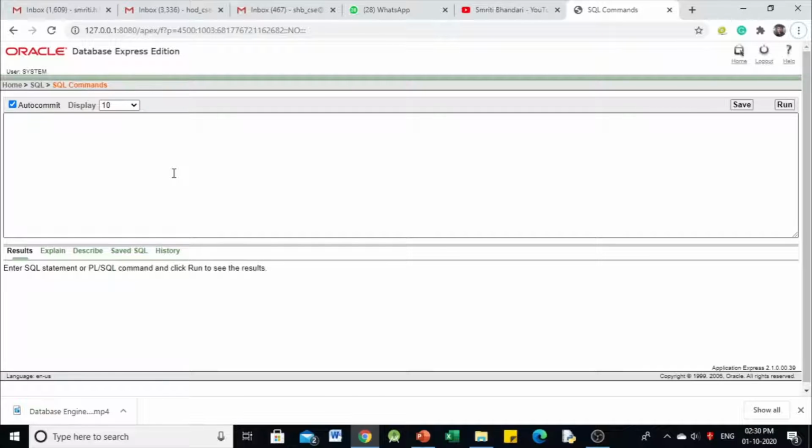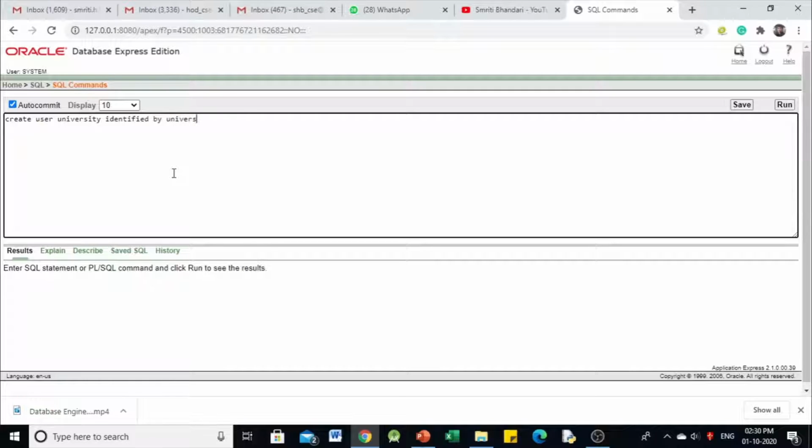So I'm going to create a user. As we are dealing with university schema, I'm going to create user as university. So look at the statement that I am writing. Create user, name of the user, it is university, identified by the password.